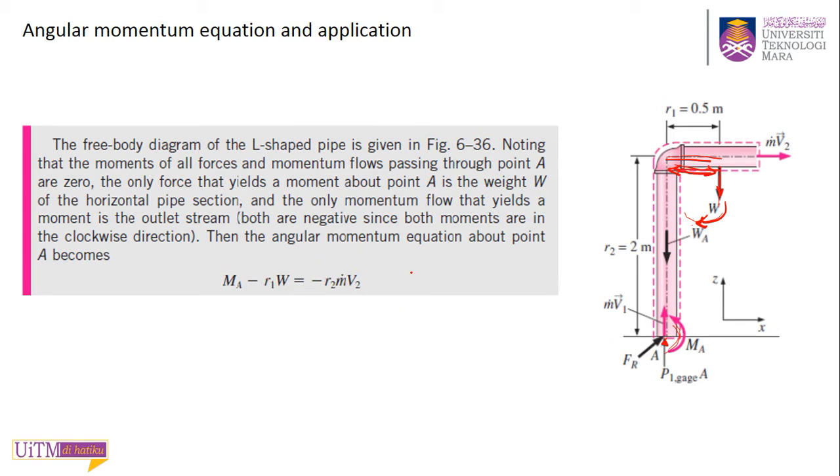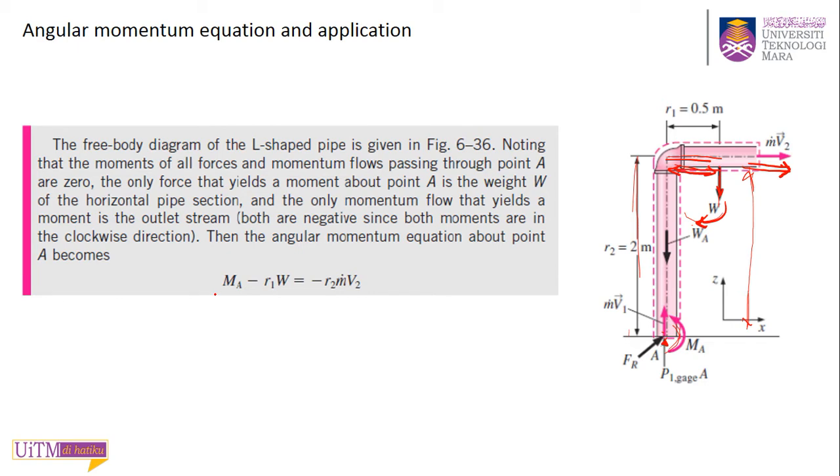minus R1 times W, and it's clockwise, is equal to R2 times M dot V2. So this will also create another moment. So they have M dot V2, and the arm is this distance, about point A. Times 2, so this R2 is 2. This length times the M dot V2 is another term for your moment. Okay, so that's why you have this